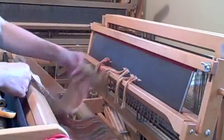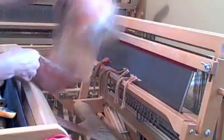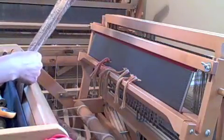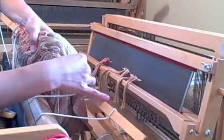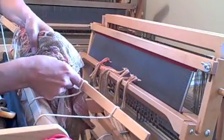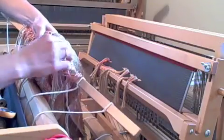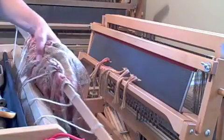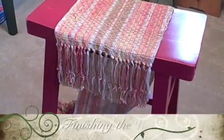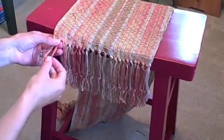My last step is to basically pull the woven cloth off of the loom and finish tying it. That's the reason why when I initially tied it on, I designed it this way, so that all I have to do is pull the knot and it undoes itself. After I have grouped them and placed an overhead